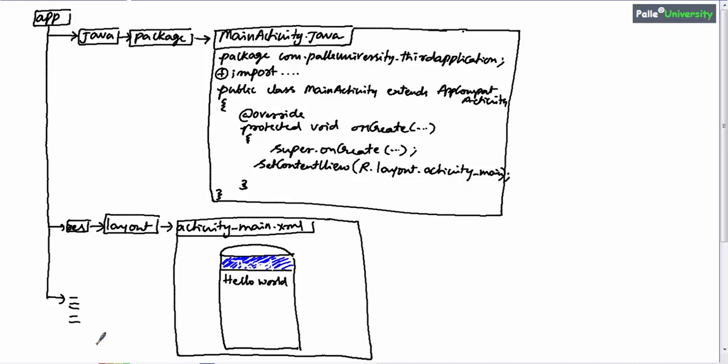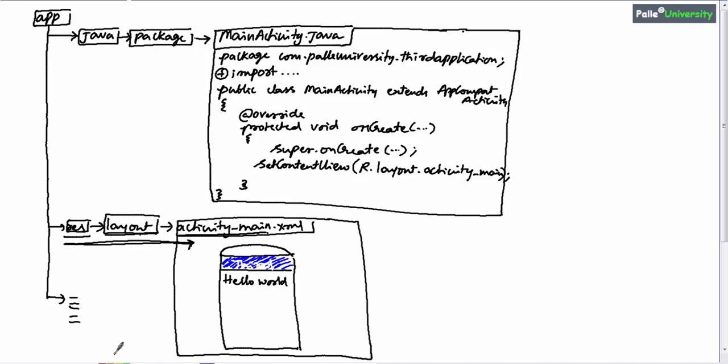Your XML screen design file name is activity_main.xml, which is available inside layout folder, and layout folder is inside resource folder. So try to keep this sequence in mind, because we will be using this sequence while running the application, that is resource, layout, activity_main. Now let me explain about Java code.